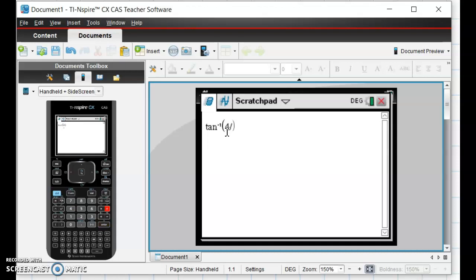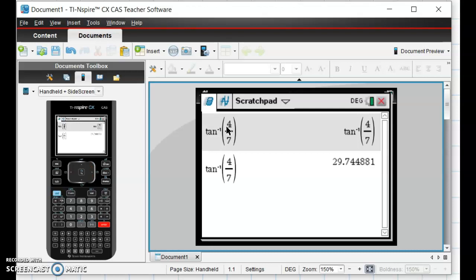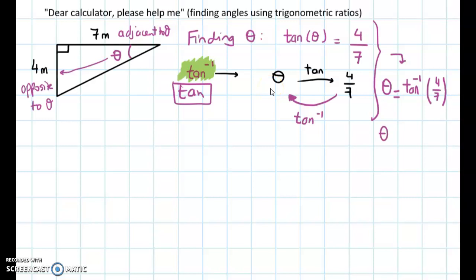So I need to write 4 divided by 7, which was the ratio, and this is what I want to find. And my calculator says that the angle such that when I apply the tangent, the result is 4 divided by 7, is the angle of 29.744881 degrees. So approximated to 3 significant figures, this is 29.7 degrees. Make sure that you can find this result in your calculator as well. So I write it over here. Theta is